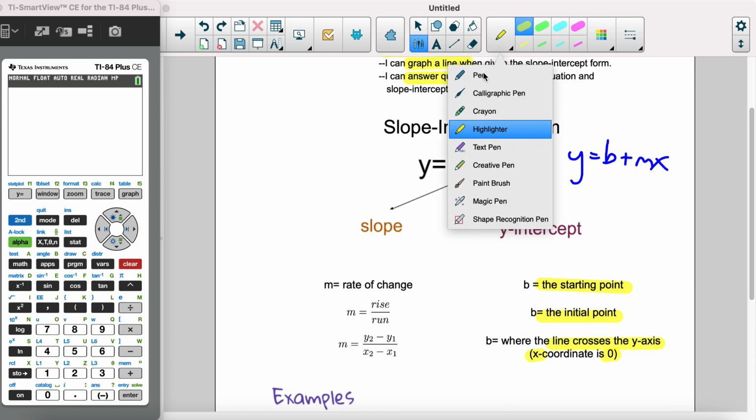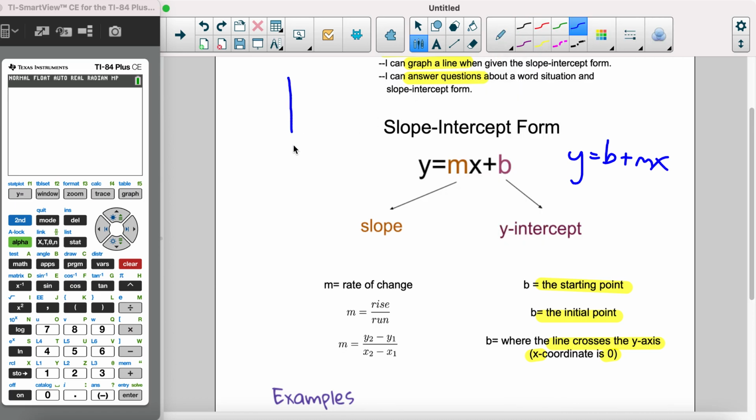I'm going to draw a little graph up here at the top for you. All right, so if those are my axes, the one that goes up and down is y, and the one that goes left to right is x. And if I drew a line that crossed both of those there,